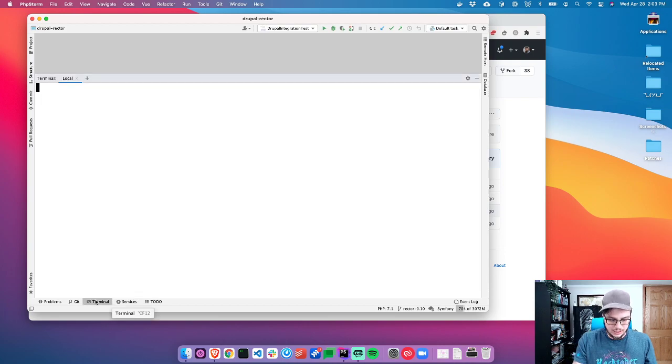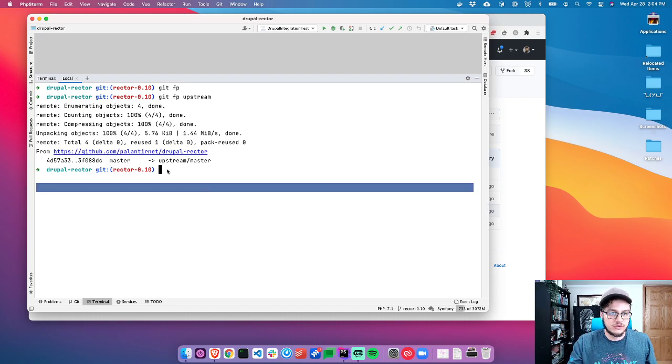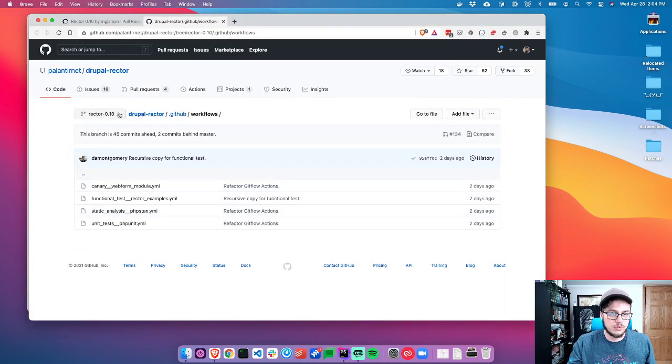So I've got my code base open here. Let's do a fetch prune on my remote and then a fetch prune on the upstream. I have a Git alias called git fp, and that is fetch prune, or fetch and then --prune. So it will fetch all the remote objects, but also remove any that have been removed. All right, so found there upstream master, but there should be